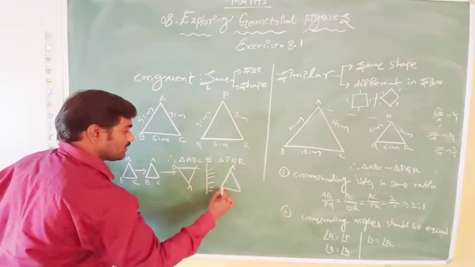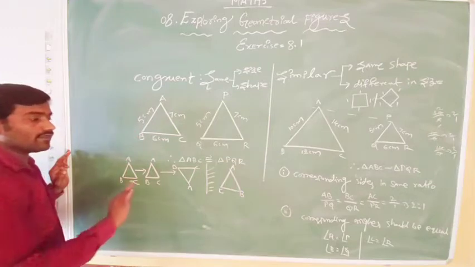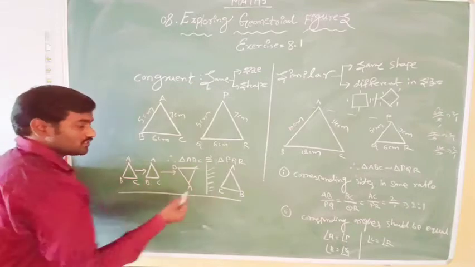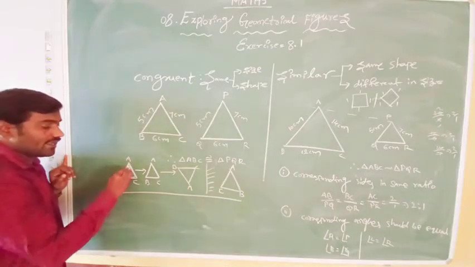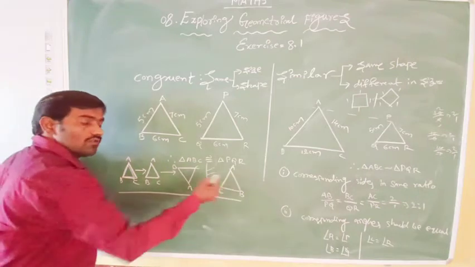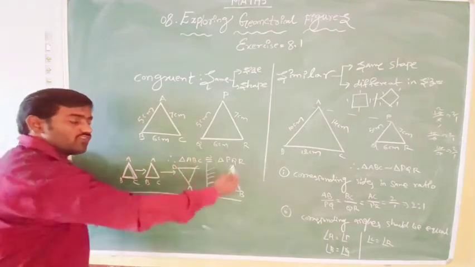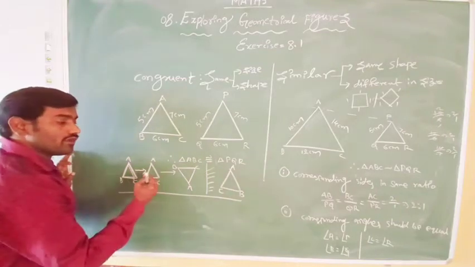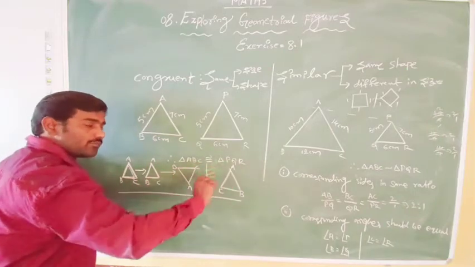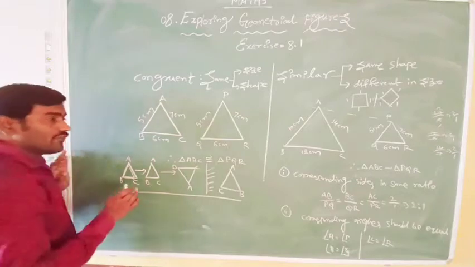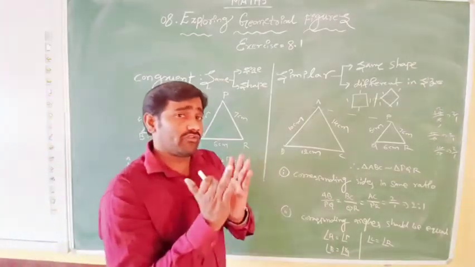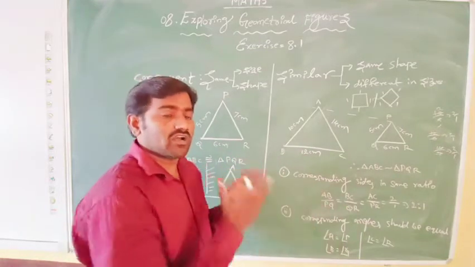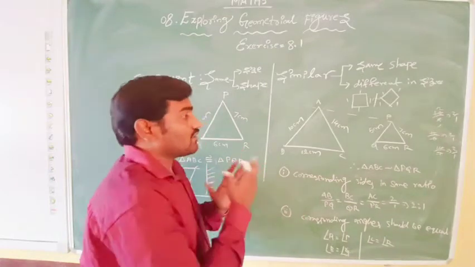If you are getting the mirror image, A, C and B, the mirror image will also always be congruent or always similar. If triangle ABC is congruent to this one, then if you move, rotate or flip, they will remain congruent. If you move, rotate or flip, that means mirror image, they are always similar. So congruent or similar figures always hold the same thing: congruent figures are always congruent, and similar figures are always similar.